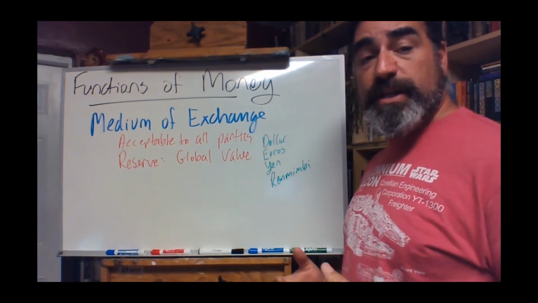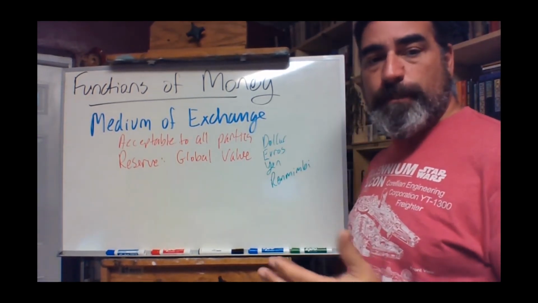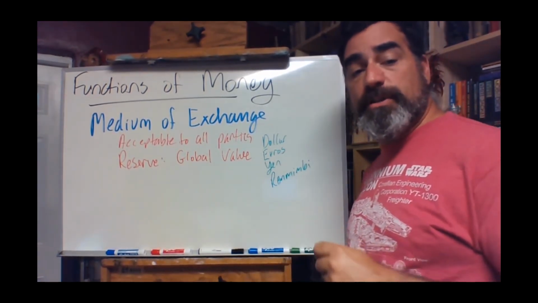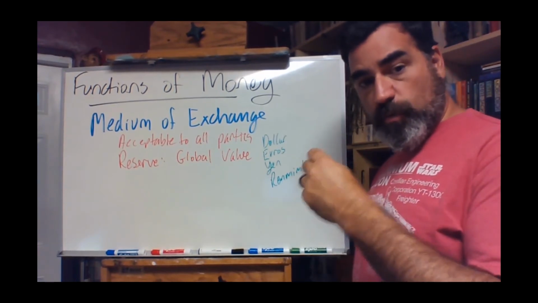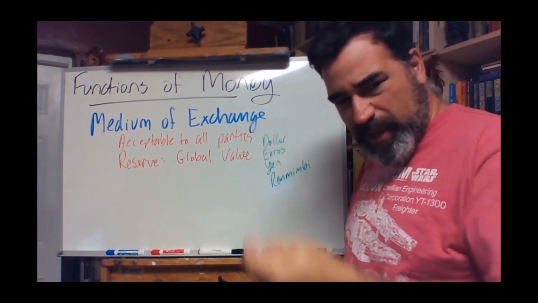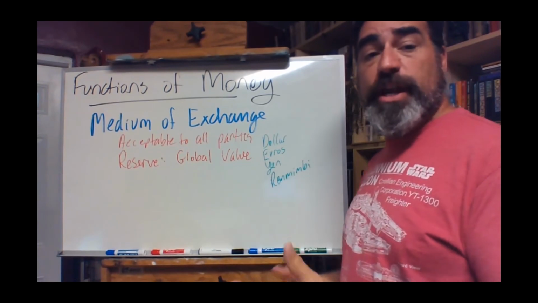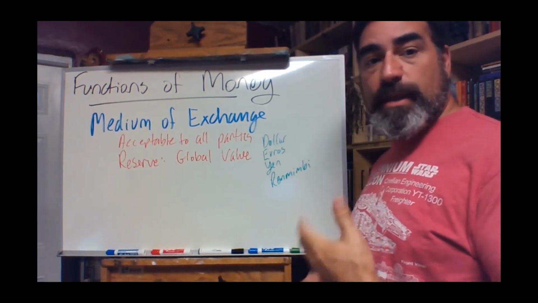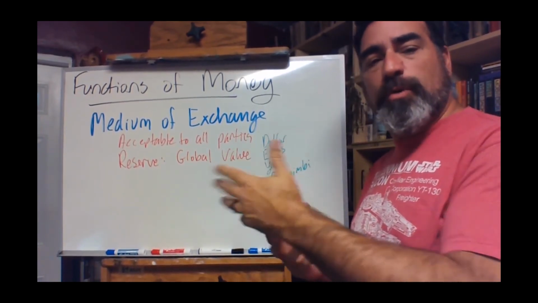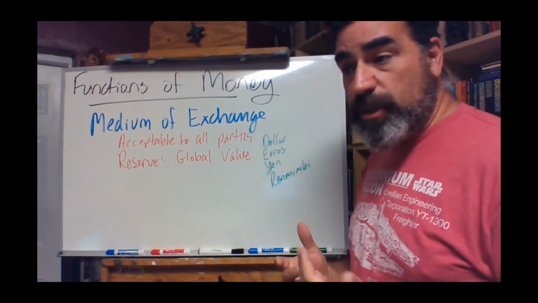Once upon a time, for instance, in the northeastern Americas, before Europeans got there, the Native Americans used a particular currency called wampum, which was basically ribbons of beads, and this wampum became a medium of exchange. Everybody would accept it. If I remember correctly, I believe it was the Pequots who controlled the wampum trade. They made the wampum, and then everybody wanted it.